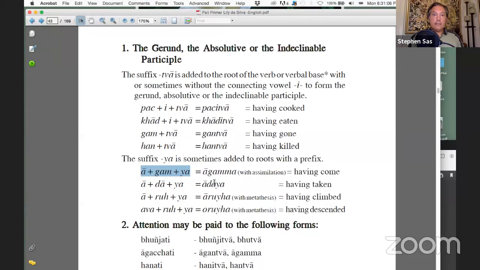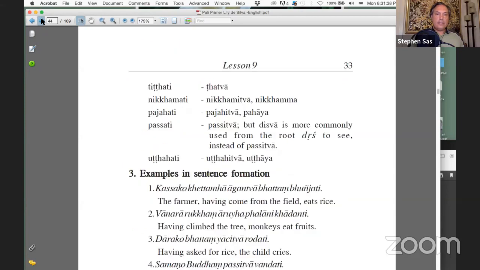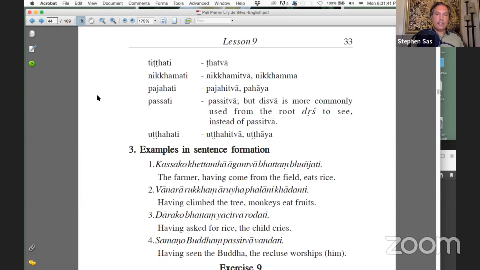For instance, a famous example is the Sanskrit word nirvana. But nirvana doesn't work so well in Pali, so it becomes nibbana. It's sort of smoothed out. And so that's what happens here. That's why we have to recognize this as the ya suffix, but we don't even see the ya suffix. It's been assimilated. It's sort of in there in a way that we can't visibly see. So that's a brief, again, coverage of the idea of how the absolutive is formed and how it's meant.